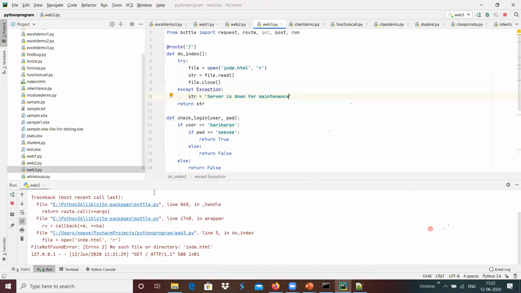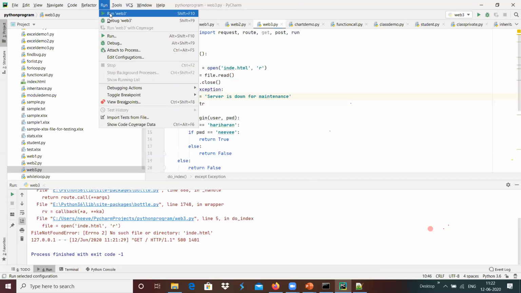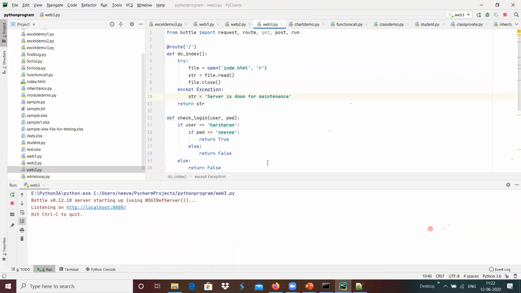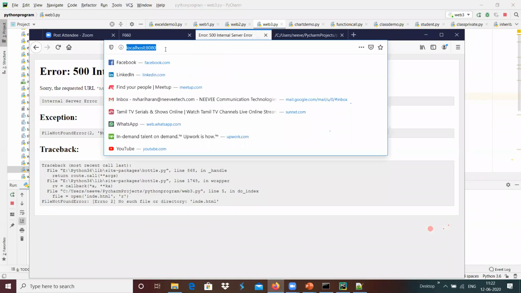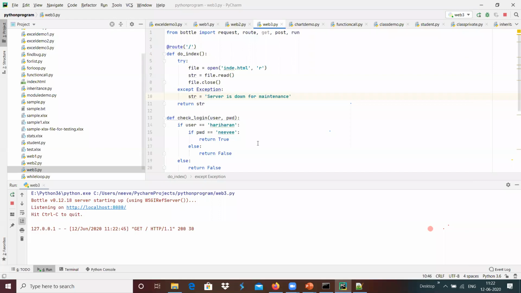And suppose I run this again, and we get server is down for maintenance, since an exception occurred during handling.